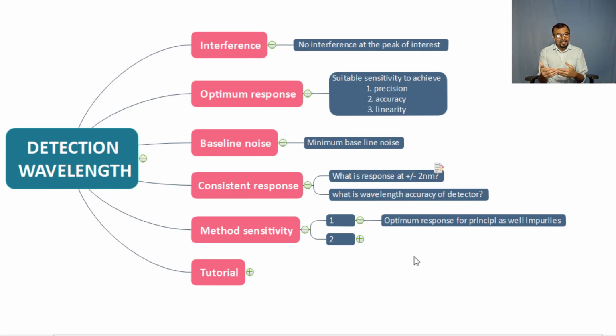There may be a case that your API has a good response at the selected wavelength, but if your impurity doesn't give a suitable response to achieve an adequate level of LOD and LOQ, will that wavelength be acceptable? It will not. Hence it is important to make a judgmental decision, so that you will have the optimum response not only for the principal peak, but in case of related substances, for the impurities as well.